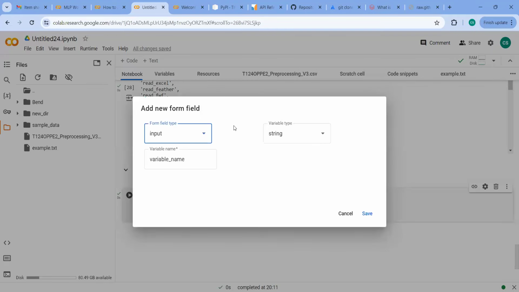So if you do that, you can see it's asking what kind of form field you want. Form field will be like options and all. So you say input type. Input type is where I will write something. Variable name, make it different. So let's say if I write